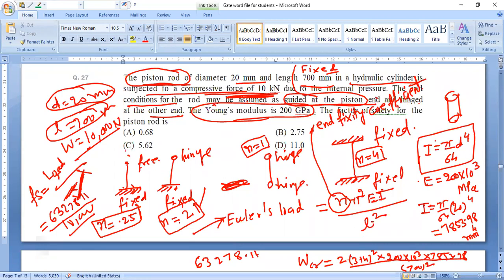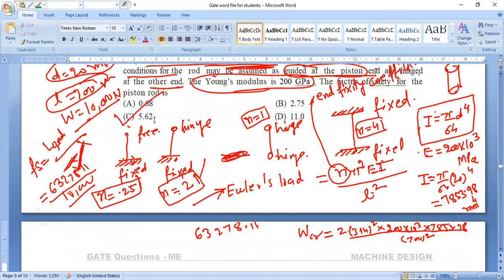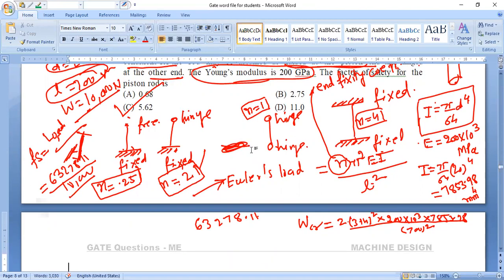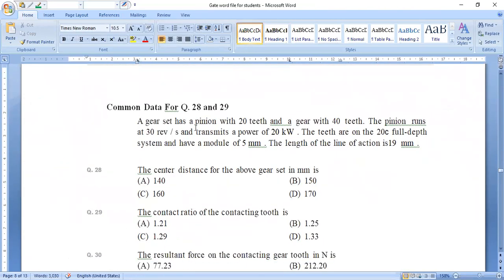So it is the, you will mark C। ऐसा भी करते हैं कभी कभी, है ना। और ये तो आते हैं, कभी ऐसे आते हैं कि अभी हमने यूलर थ्योरी लगा दी है ना, यूलर थ्योरी की जगह यदि हम रैंकाइन थ्योरी लगाएंगे, ठीक है, तो आंसर कुछ अलग आएगा लेकिन अप्रोक्सीमेट आएगा लगभग। तो दैट्स व्हाई वी कैन गो फॉर द अप्रोक्सीमेट आंसर्स। तो चलिए, नाउ मूविंग टू नेक्स्ट क्वेश्चन। दिस क्वेश्चन रिलेटेड टू गियर सेट।